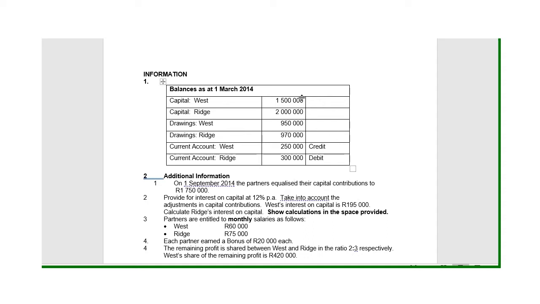So what it means is West at 1.5 must get it up to 1.75 million, so he must put in a further 250,000. Rich had too much, he had 2 million, so he must take out 250,000 to get it down to 1,750,000. So each must adjust whatever they've got in there to equal